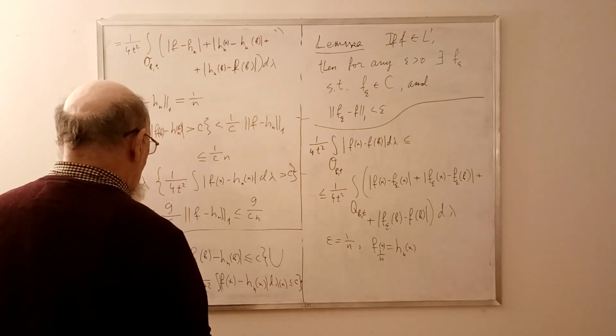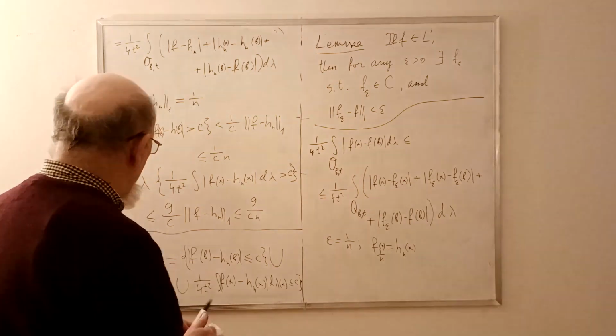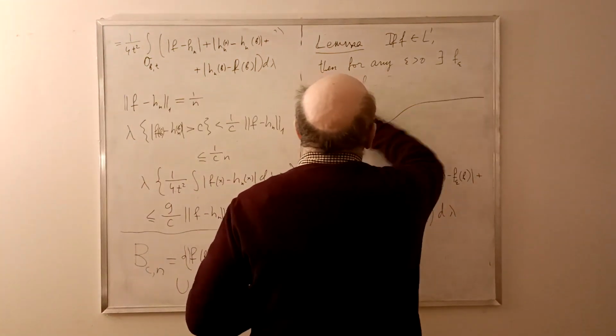So the union of these two sets is defined by B c n, and we have